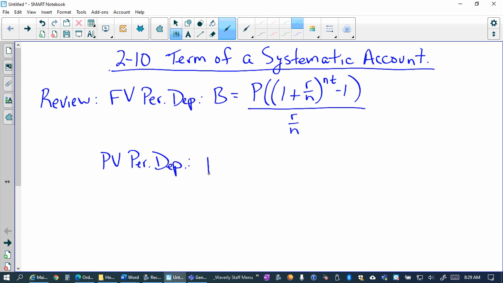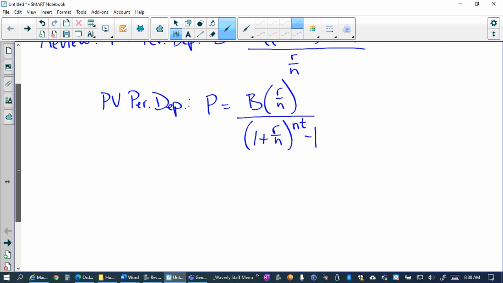So when we solve that thing up there for P, we end up getting B times R over N, all over 1 plus R over N to the NT minus 1. It can be a little tricky to put in your calculator. Make sure you nest your parentheses and group things in the numerator and denominator. It'll be fine. Okay. Of course, we'll also probably need today the compound interest